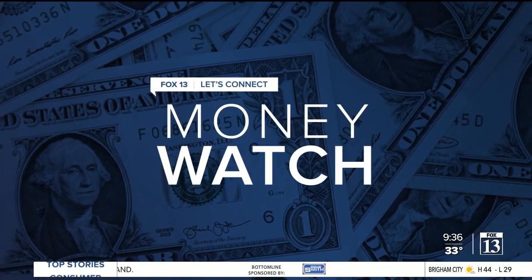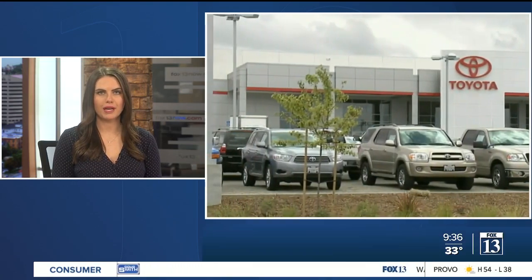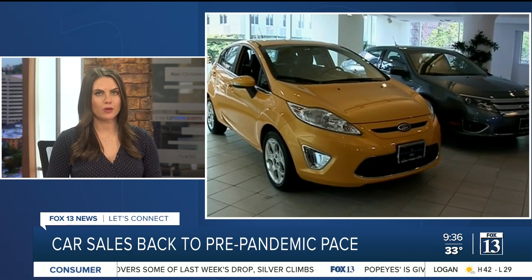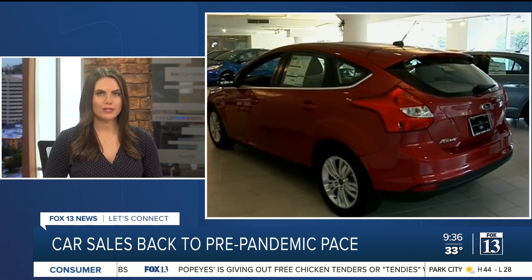Feds are spending more money on cars. General Motors says people are back to buying vehicles at pre-pandemic pace. GM speculates car sales have been boosted by people who haven't had their income affected by the pandemic. And since those people can't spend their money on vacations or dining out due to COVID restrictions, they're choosing to spend it on cars. And when you go to buy a new car, you won't likely find a CD player